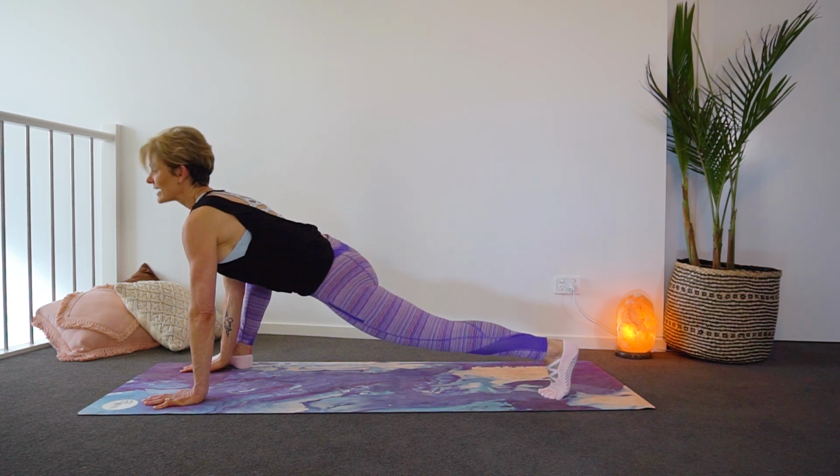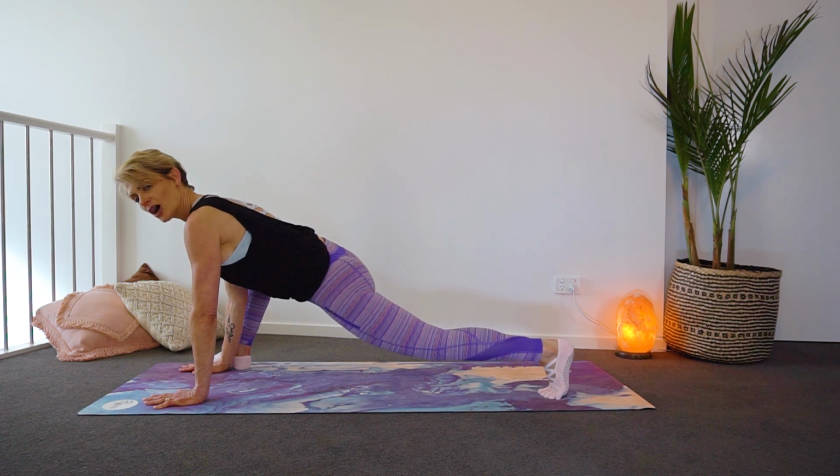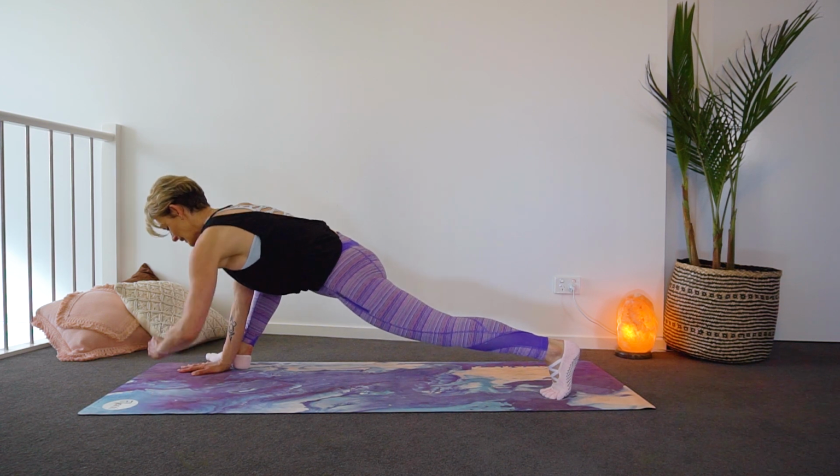So it's a wide lunge. Drop into your hips. Lift your eye gaze. Make sure your hips are square to the mat. Option to land your bottom knee. Otherwise, lift it up. You're going to take your opposite elbow to that front leg and land it on the